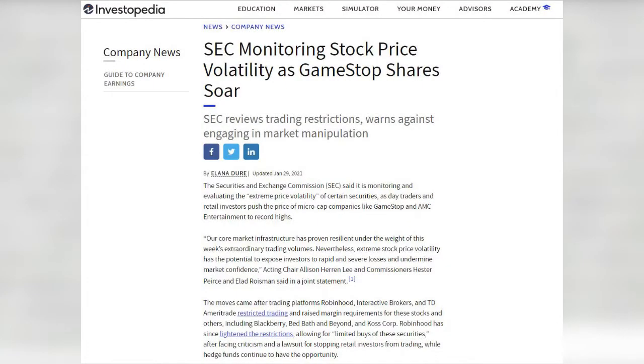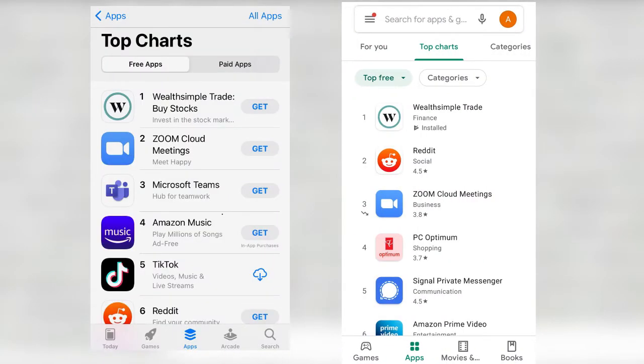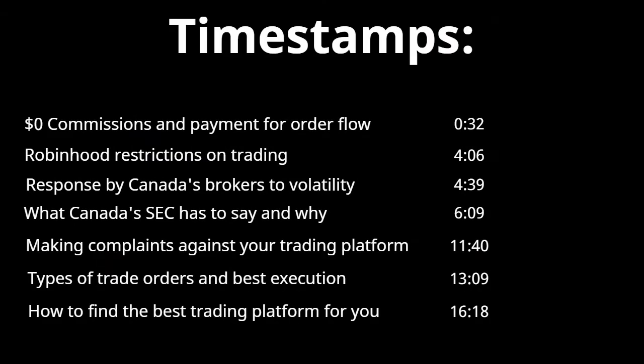Given what's happened in the financial markets recently, understandably there's been a huge surge in retail investors, everyday people wanting to put money into stocks. And not surprisingly, on the app stores in Canada, Wealthsimple Trade has become the most popular download. With that in mind, in this video I want to talk about how Wealthsimple Trade works and some of the rules of the investor market, and in the process share some general legal and investing information and ideas that I think many people would find useful. As always, I'll put the links to the timestamps of these different topics down below.